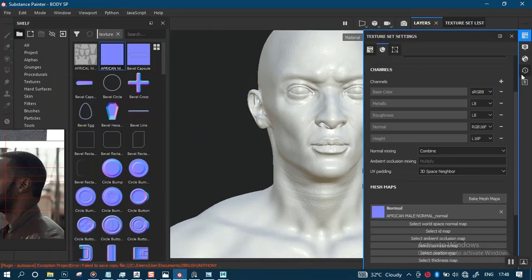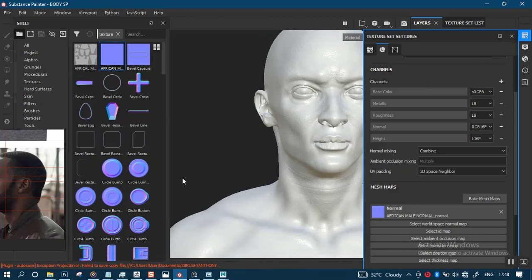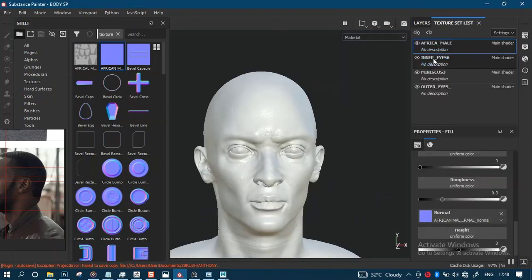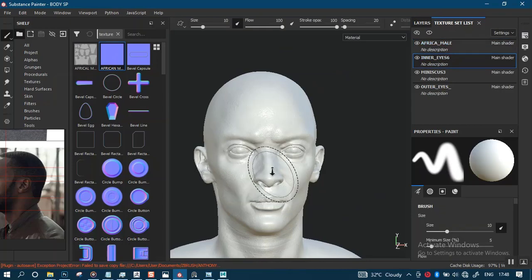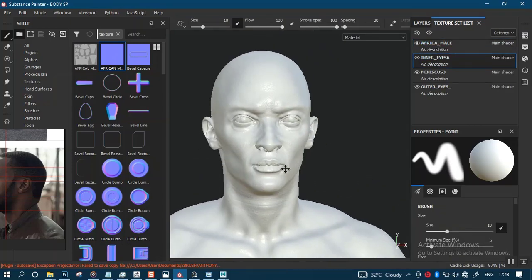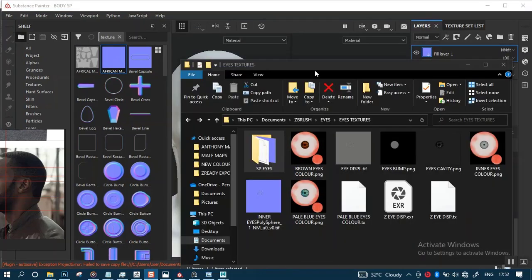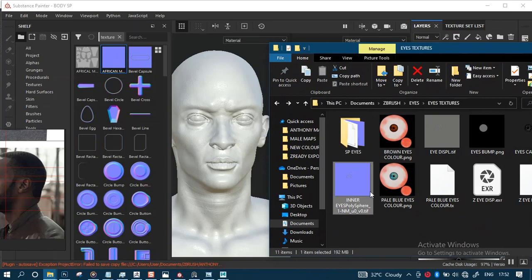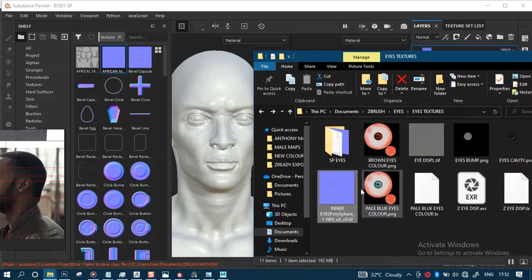Then let's bake. I think there are some other maps I will need in here. I need to bring in other maps for the inner eyes. So let me go and find that and then drag that in. I'm not too sure which particular eye it is, but I believe it should be this one. I basically just need the normal map, and then